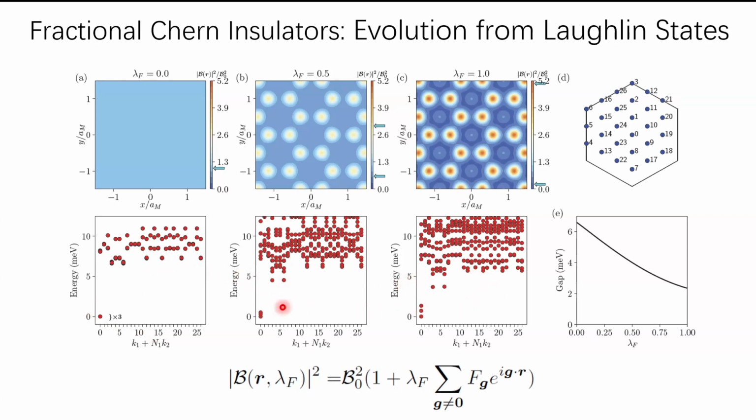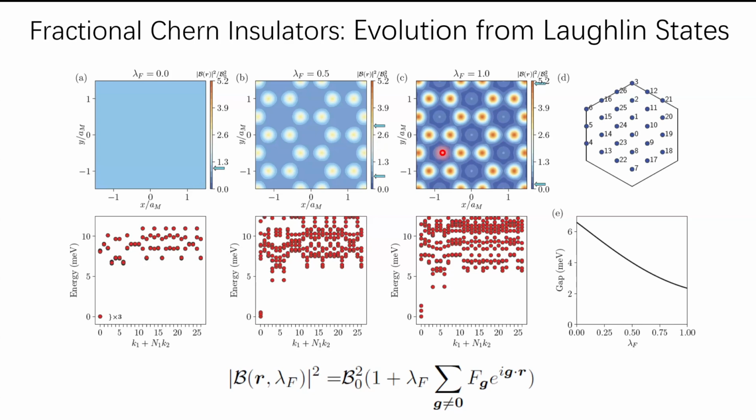And this shows the adiabatic connection between the Laughlin state and the fractional Chern insulating state in this system. And this reduction of the gap is due to this spatial variation, and this spatial variation has a tendency to drive a CDW state,